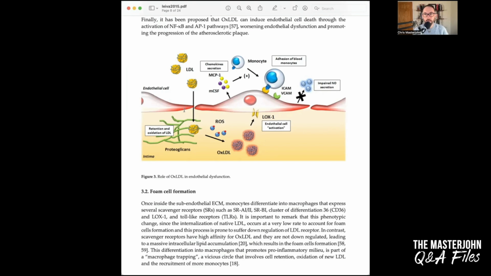And then the blood vessel wall is composed of three main layers. The innermost layer is the endothelium, and the endothelium is, this is probably not exactly true, but is generally described as a single layer of cells. There are gaps between the cells, and there is opportunity for things of various sizes to float in and out of those spaces, going in and out of the subendothelial space. The subendothelial space is on the other side of the endothelium, between the endothelium and the other layers of the blood vessel.